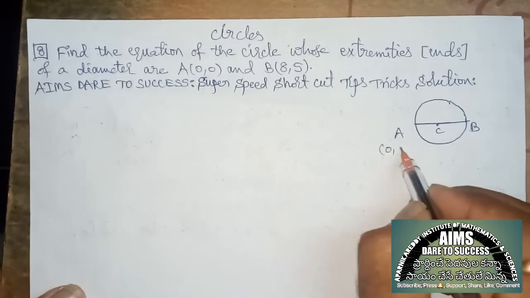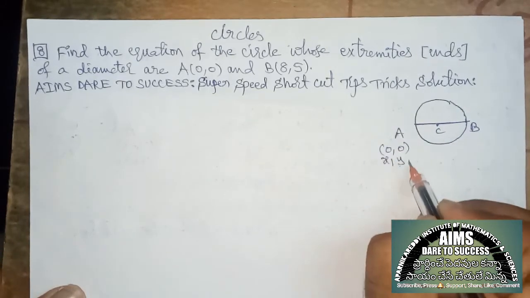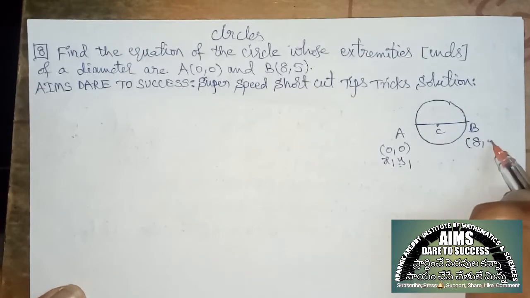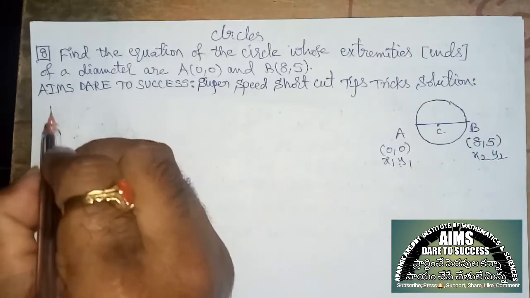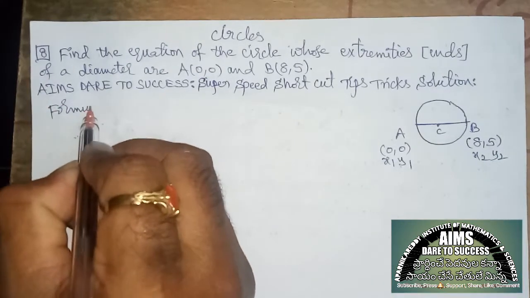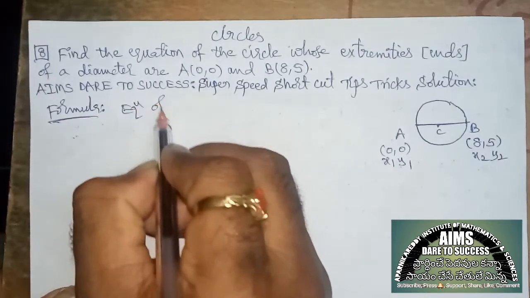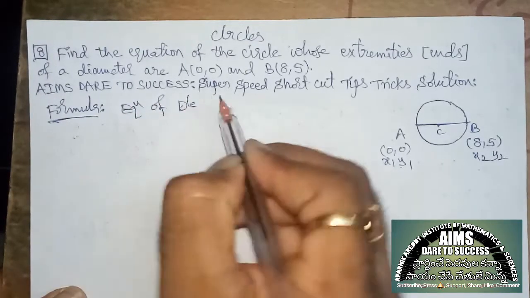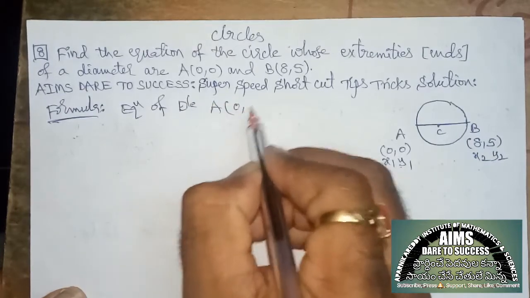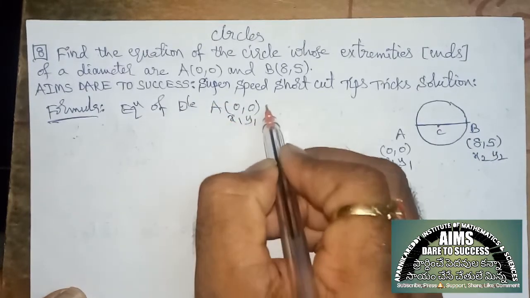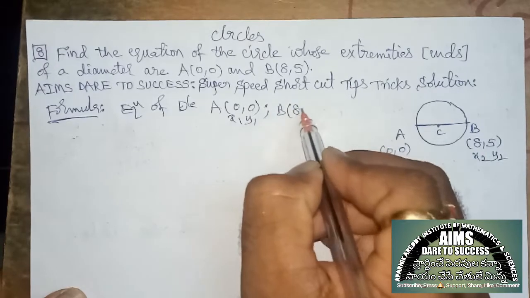According to our question, A is (0, 0), this is x1, y1, and B is (8, 5), let it be x2, y2. Now I am writing a simple and small formula. Equation of the circle with ends of the diameter A (0, 0), x1, y1, and B (8, 5), x2, y2